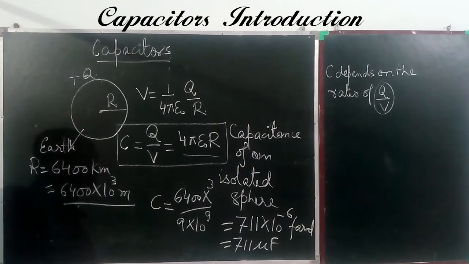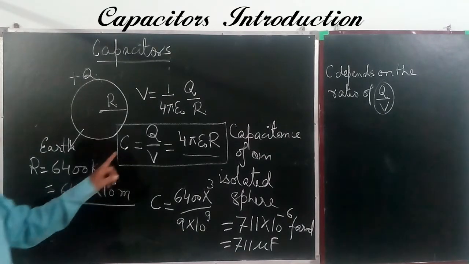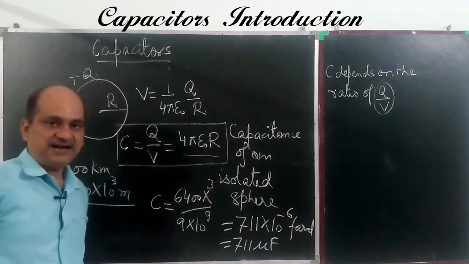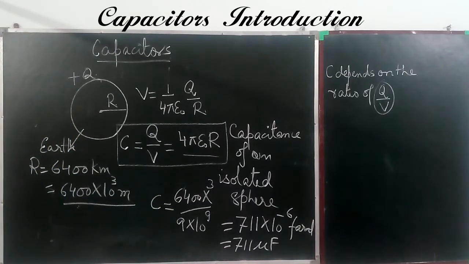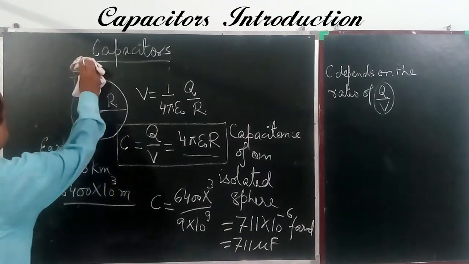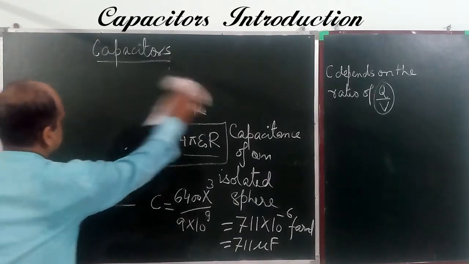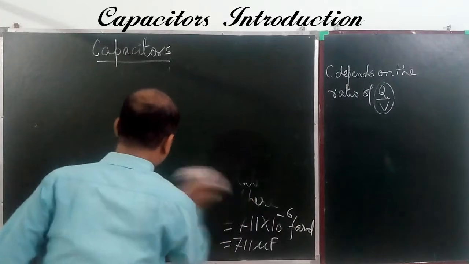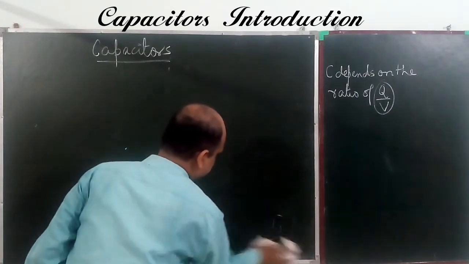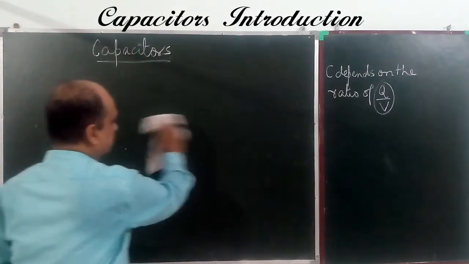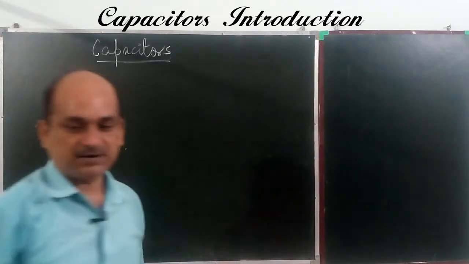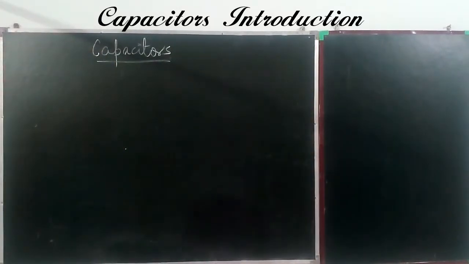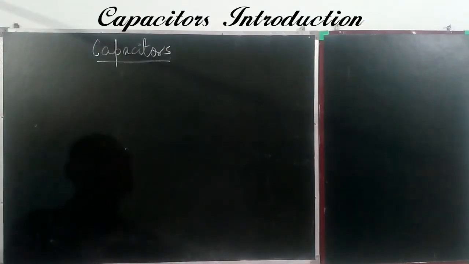So this is all about the concept of capacitors, and we have derived the formula for the capacitance of an isolated sphere. Now as far as its principle is concerned, we are going to discuss the principle of a capacitance. For that, I am taking a parallel plate capacitor. Capacitors are of so many shapes and sizes, but in your syllabus only the parallel plate capacitor is given. So I am taking